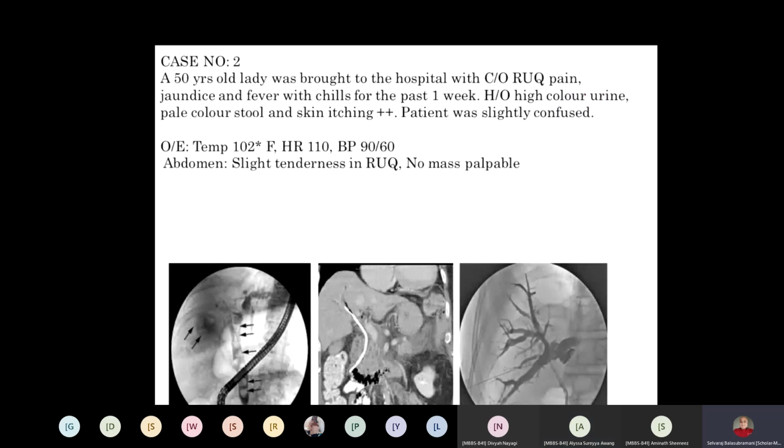Can you tell me the 5 things? Yes, please. Fever, jaundice, right upper quadrant abdominal pain. Okay, then altered mental status and hypotension. Okay, this is your Reynolds pentad. Our patient is not even in ascending cholangitis. Already the patient is in shock. BP is only 90/60. Okay, what is the investigation in figure 1 and its finding?